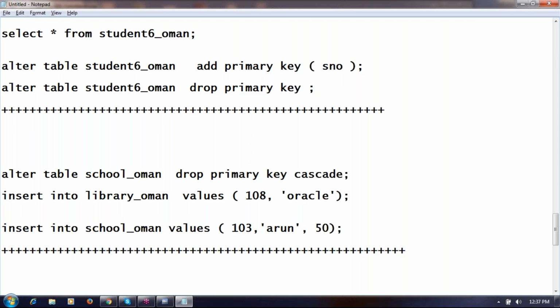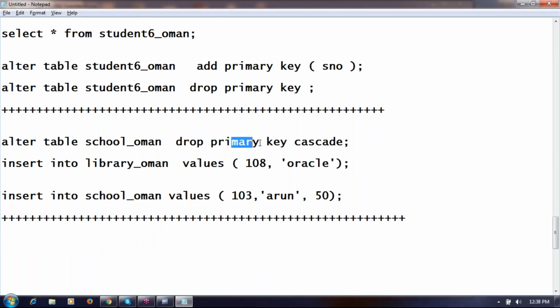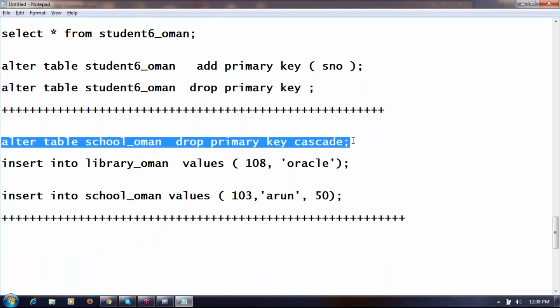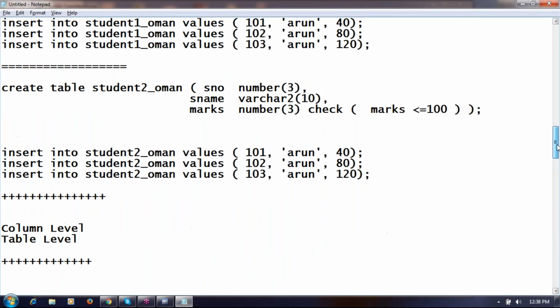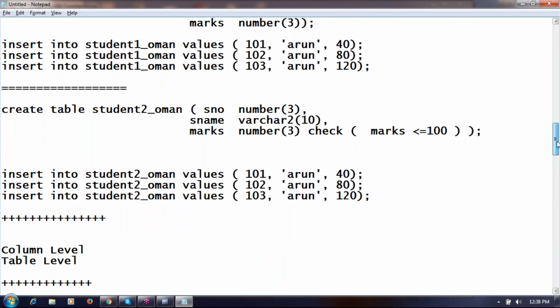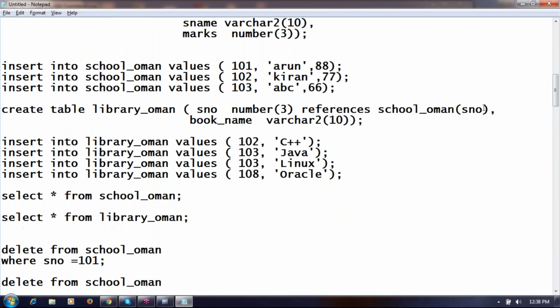Yes, it's clear. Is this cascade the same as on delete cascade? No, on delete cascade is different. This is cascading with respect to constraints. On delete cascade is a clause we use when creating a foreign key constraint. Here we write on delete cascade.